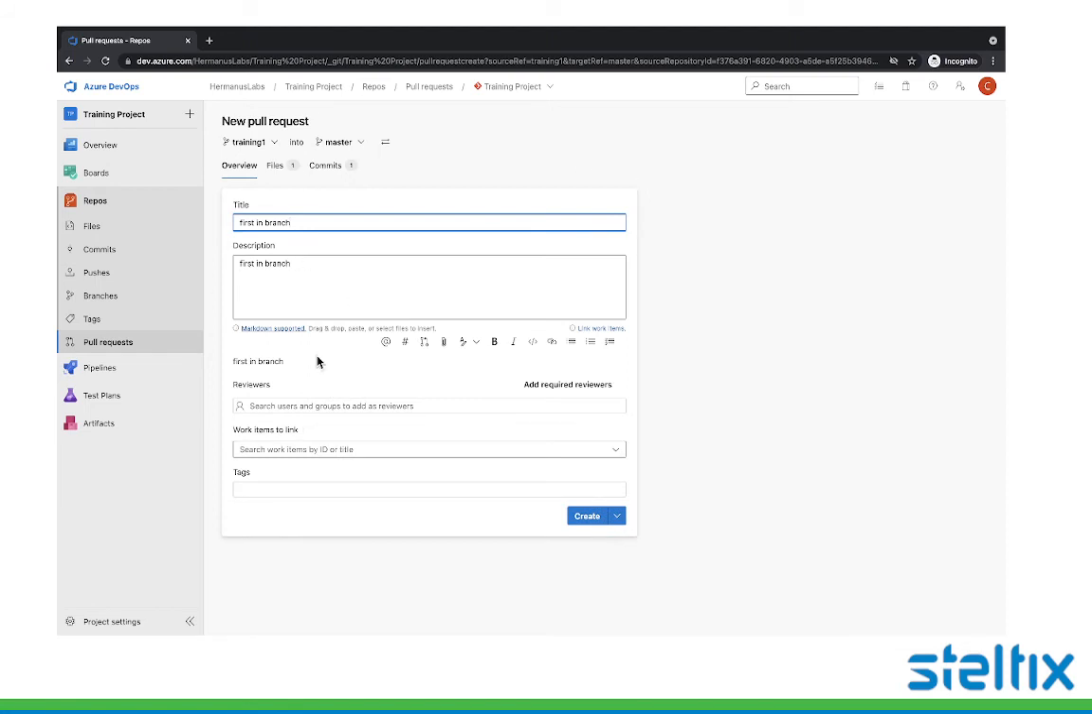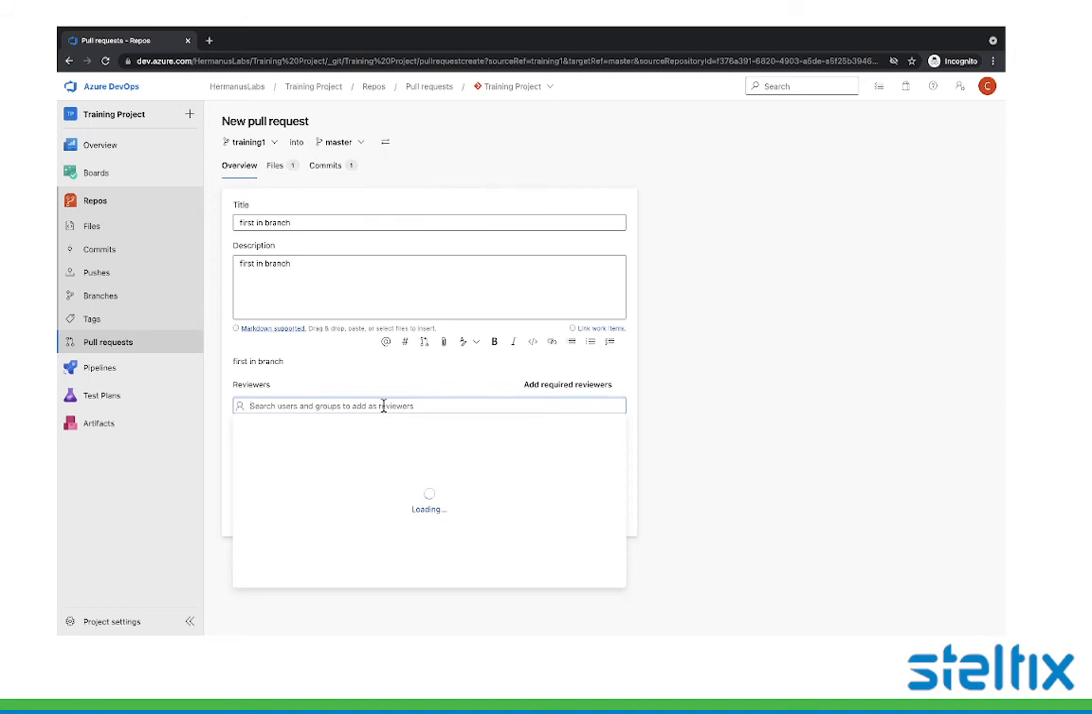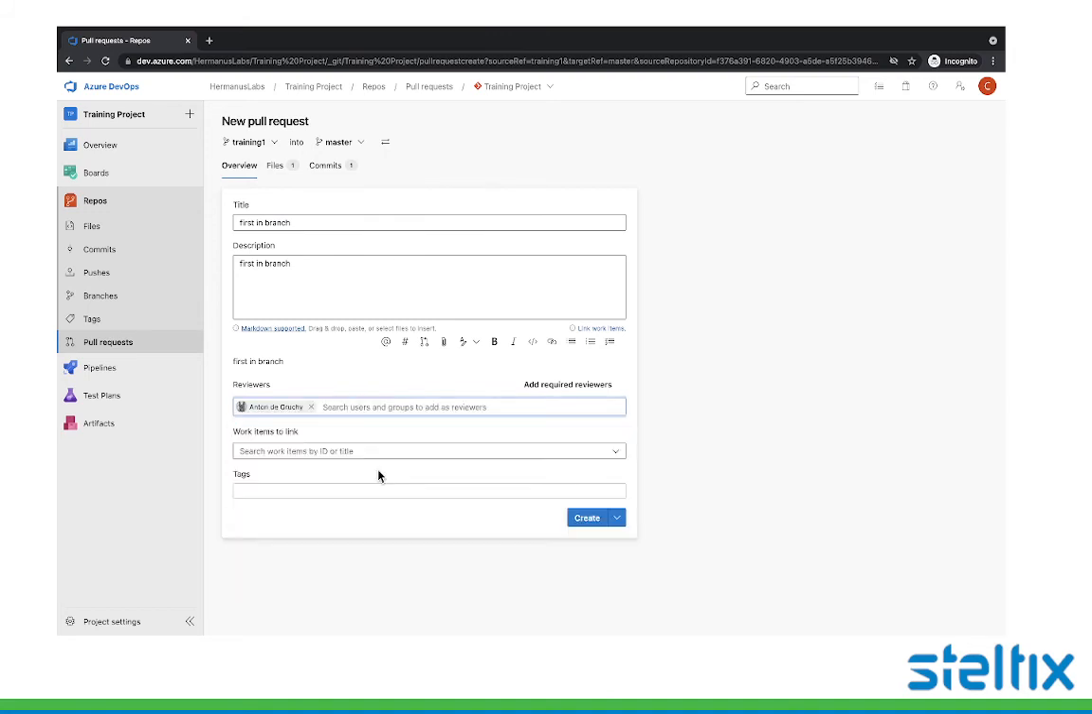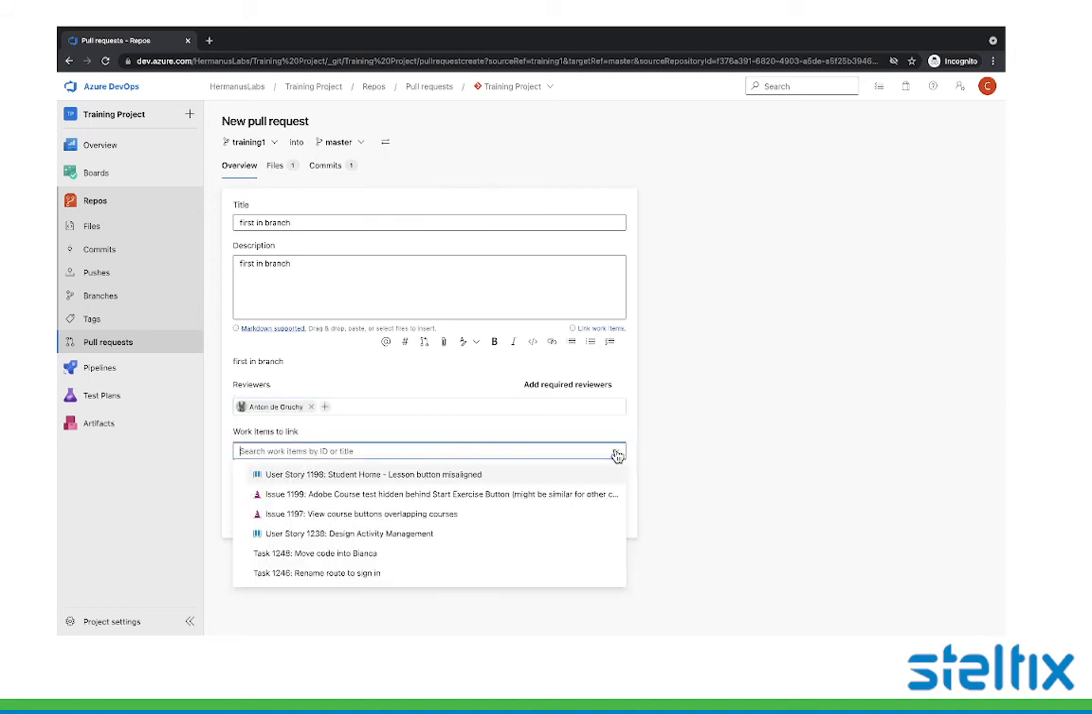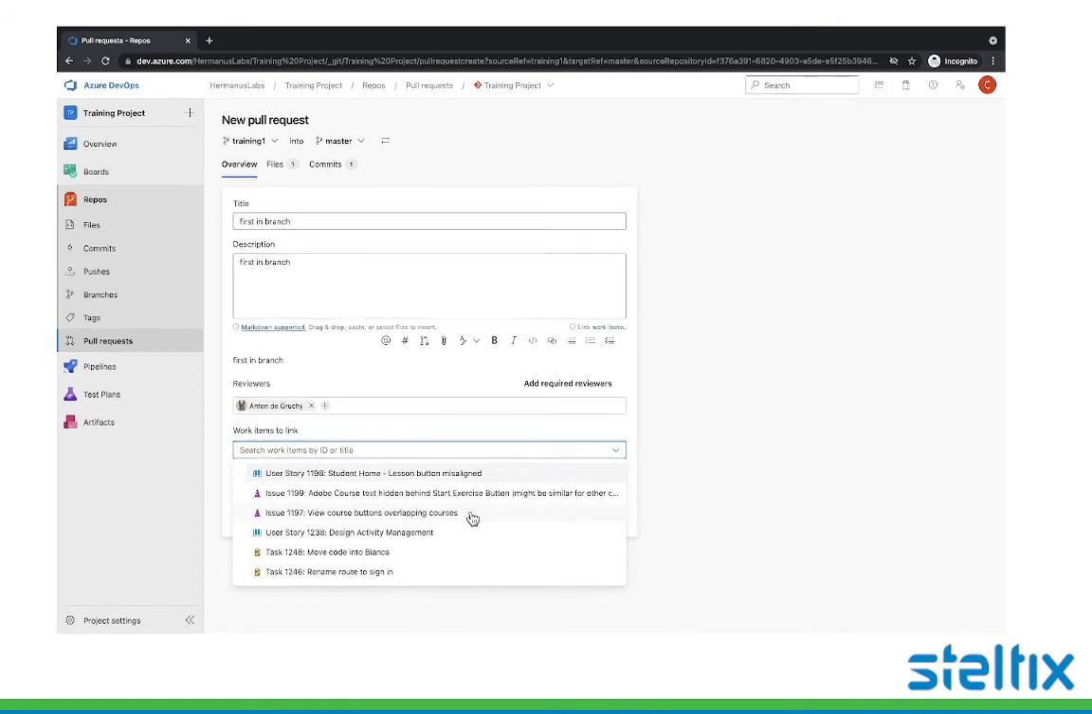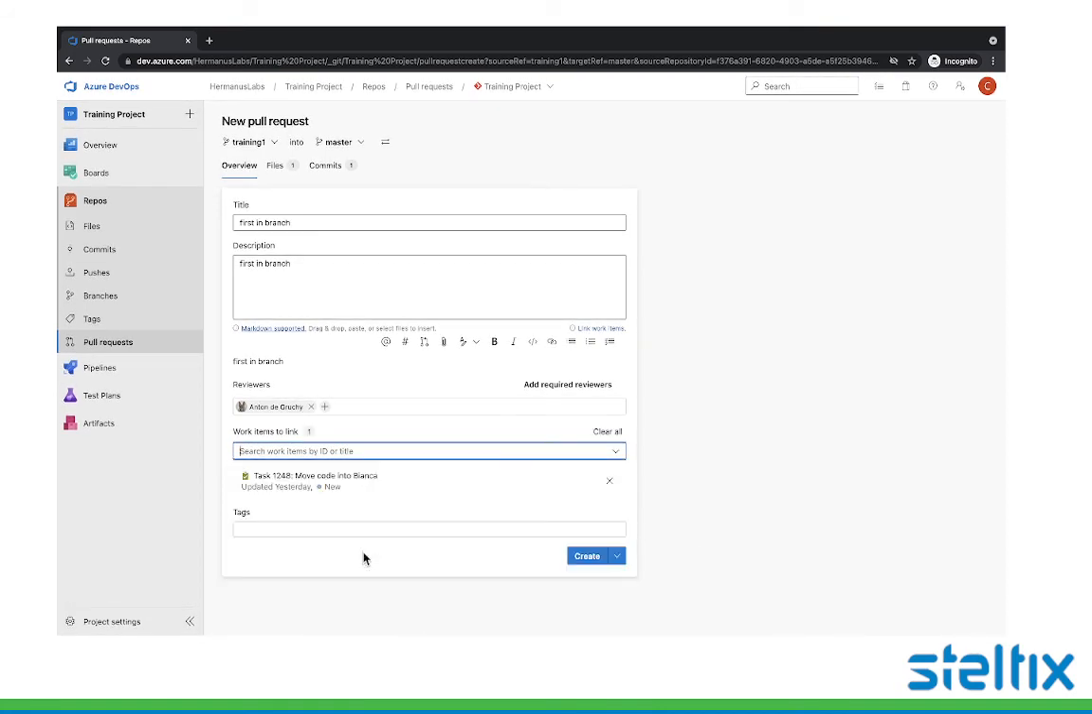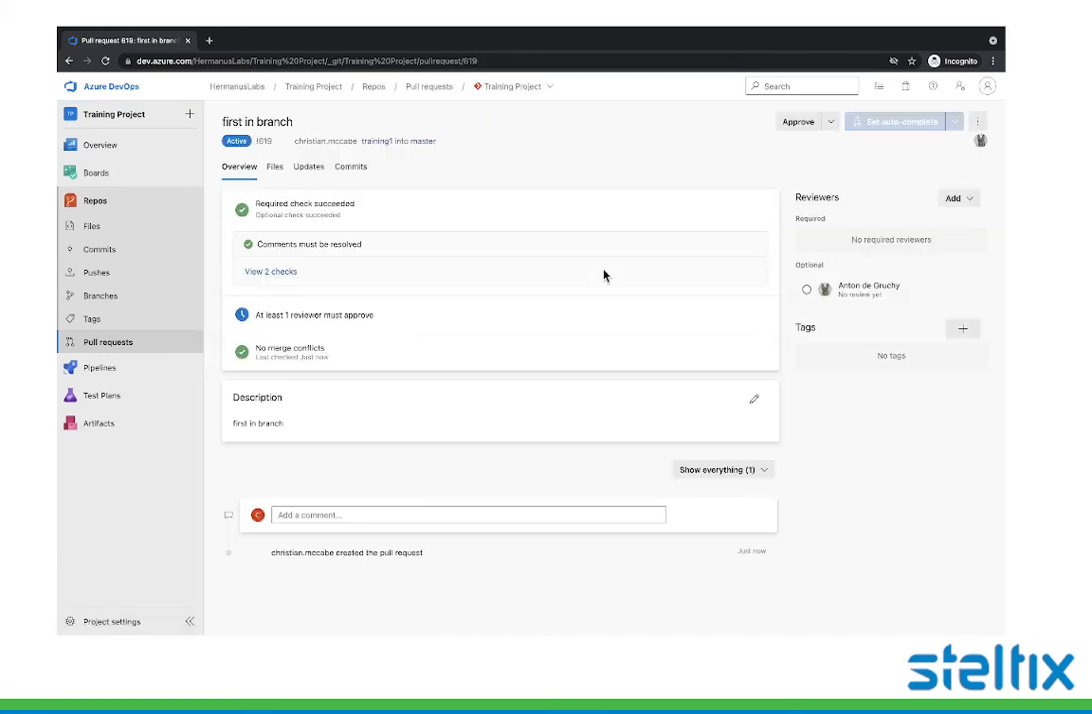This is my pull request. It automatically fills in the title based on the last commit, and then I can choose the reviewers here, anybody who's configured in the team. I can decide which work items to link. These can link any of these you'll see, and then I can add any tags for further filtering, and then I can create that pull request, which then sends a notification to the reviewers,